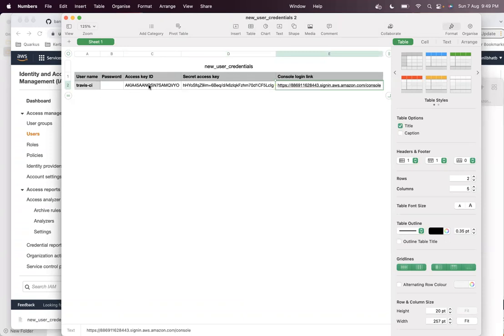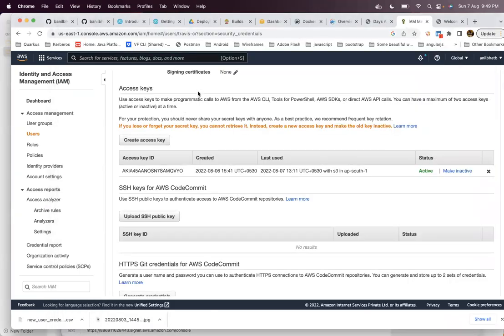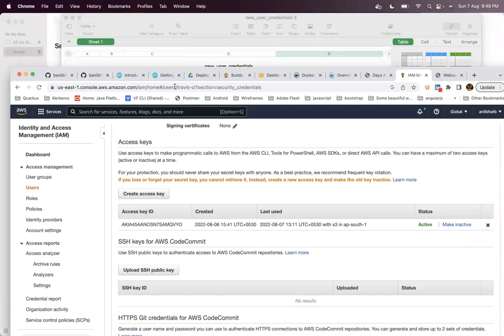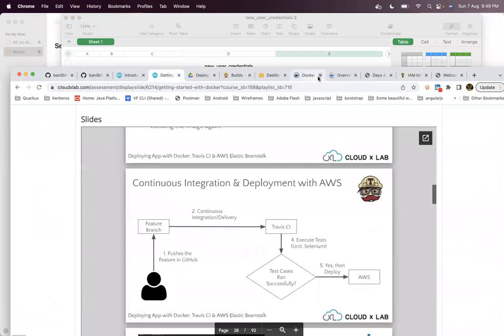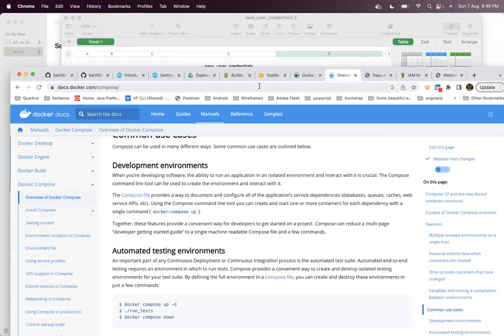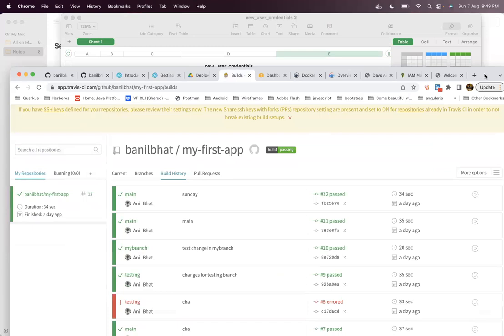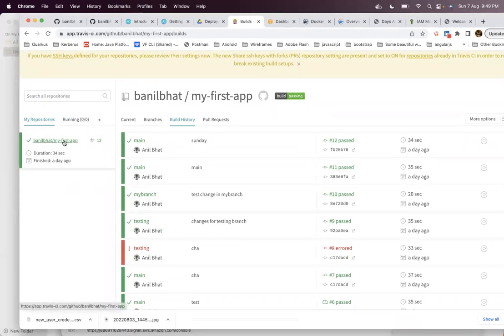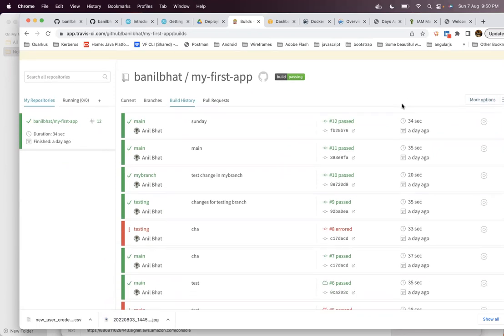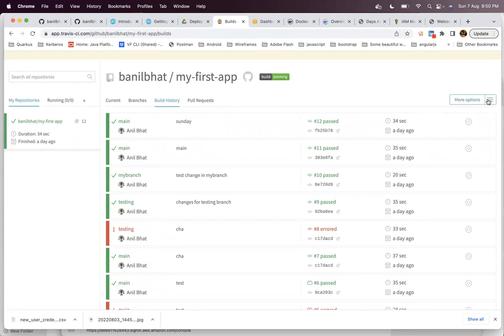So I have to use these keys in Travis. I will go back to Travis now. In the Travis UI, I go to this particular repository, my first app. I have to give Travis the credentials, the secret key and access key,